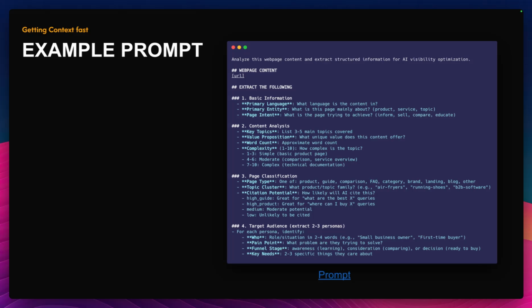AI Studio is from Google, and in AI Studio you can turn the URL context on, and if you enter your URL, like down here, you get the context of the URL. It's free for everyone. You just need a Google account, and then you can enter that prompt and get the context of the URL. You can probably share the slides, and then you can click on the prompt link here and get the prompt, so you don't have to type it in.